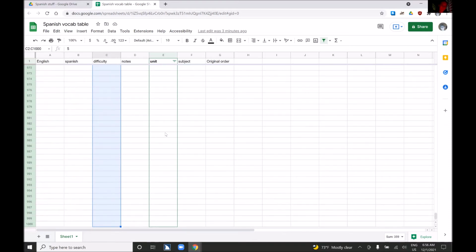Just a couple more. English, Spanish, difficulty, notes, unit, subject, and original order, I believe. 5 C2 through 4 C146 selected. Yep, that is all of them. Now all of the rows in that column that have numbers are selected. So now I'm going to